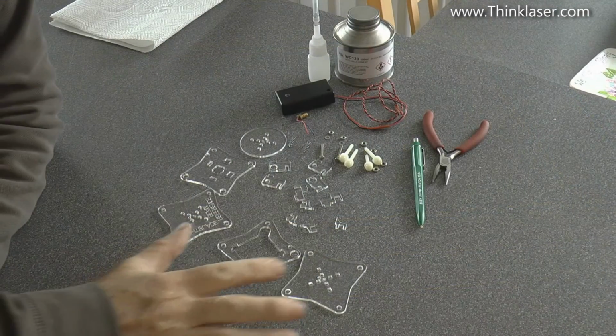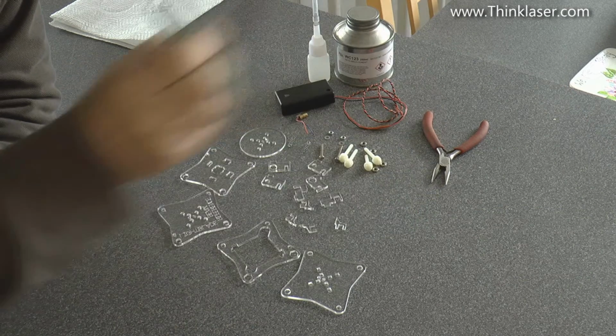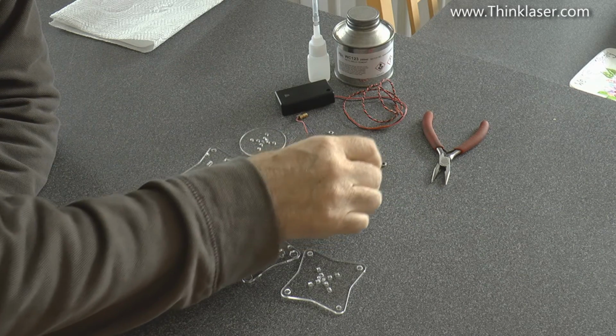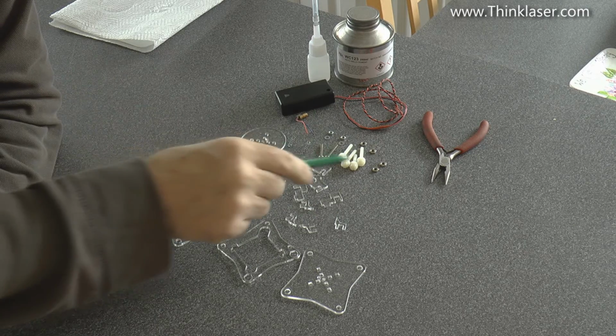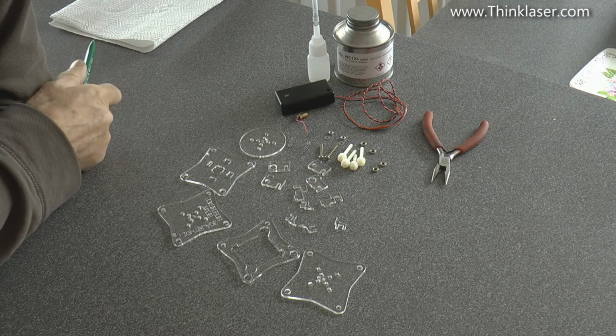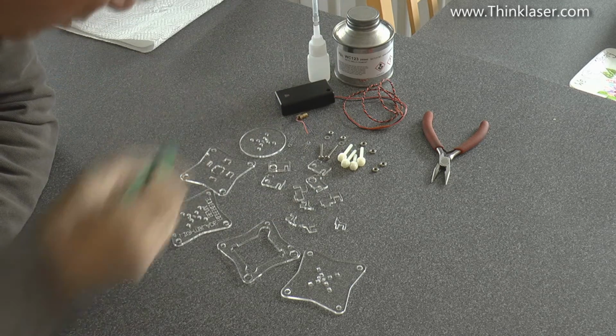All our pieces now with the film stripped off, we're going to need an assortment of parts which I will describe as we go along, but there will also be a listing of this probably on the Thinklaser website. Now the one thing that won't be defined